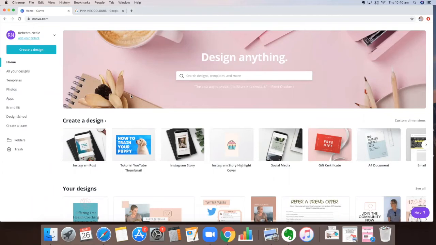So guys, today I'm going to be showing you how to bring your brand into Canva in the paid version. What I love so much about Canva is it gives you so much freedom to do what you want and create as if you're a graphic designer. So whenever you go to a designer, they're going to ask you for your fonts, your colors, all the things